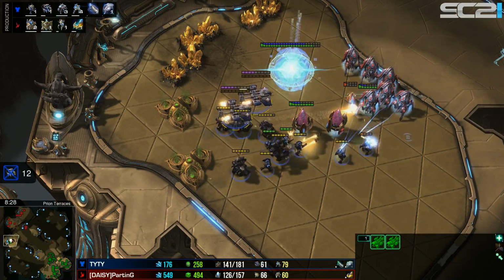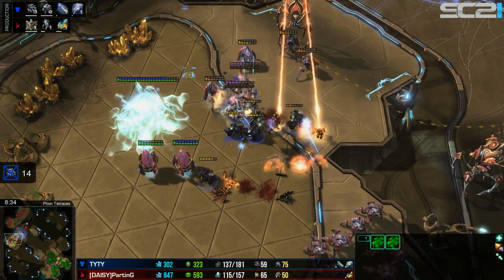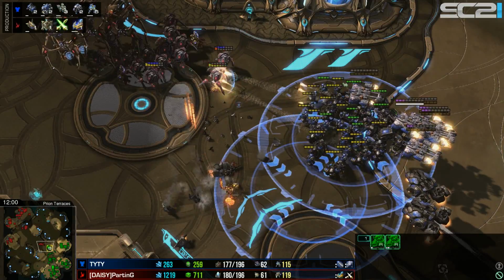And that's the important part here. While he's being aggressive, at the same time at home, he's also got more than enough to defend while he continues to build up. Once he reaches that 4 medevac count, he starts heading into the Liberator production, and so on. So we're going to move forward a little bit in the game here